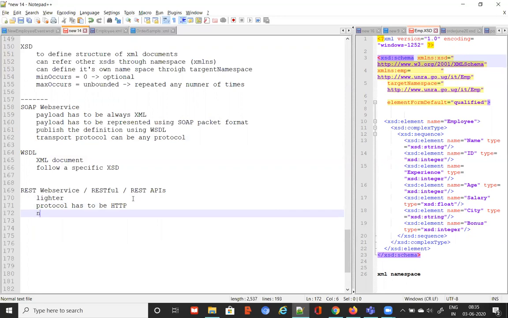And then there is no restriction on how you represent the payload.